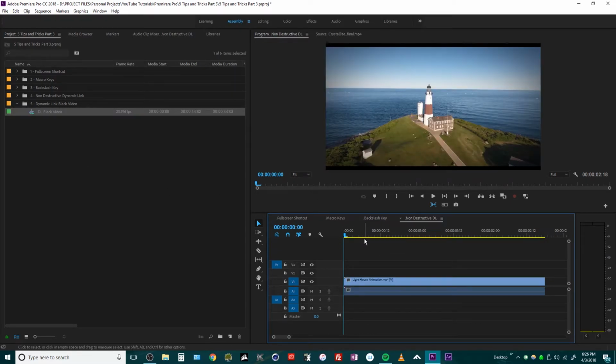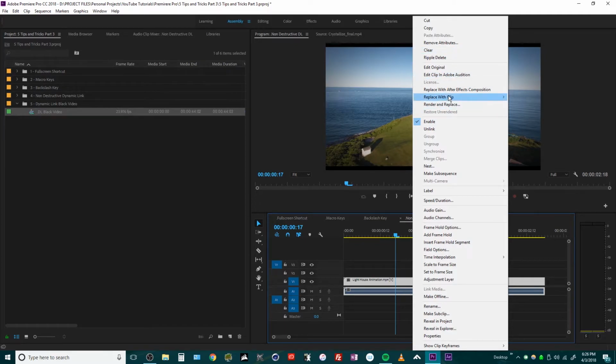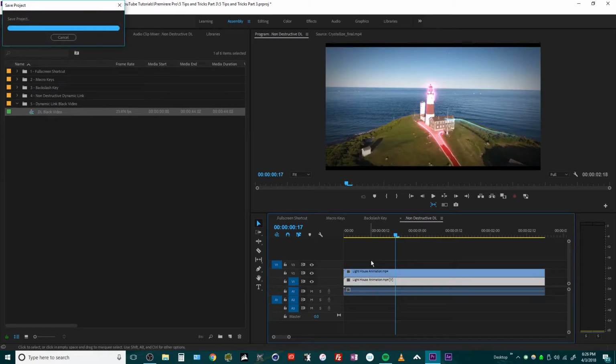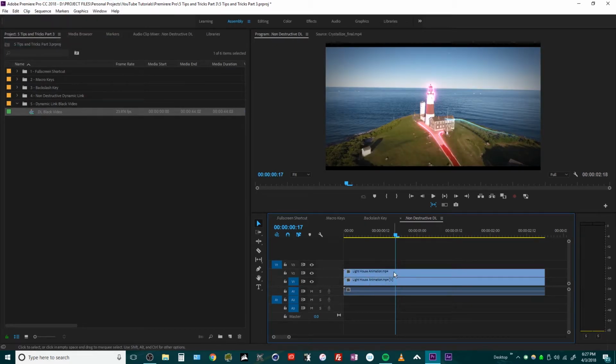Next up I have a tip for you guys, non-destructive dynamic linking. A lot of people will just right click their clip and replace it with an After Effects composition. But I don't like to do that. I actually like to hold Alt, click and drag my video clip. Typically I won't work with audio in After Effects, but if you are working with audio, you can